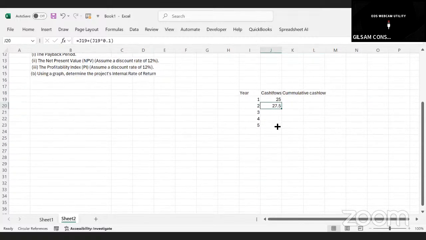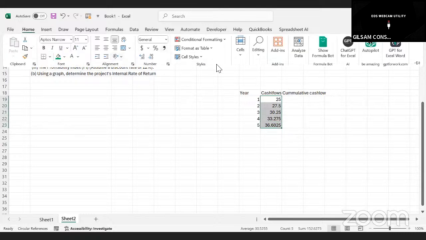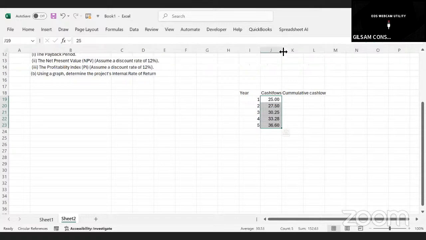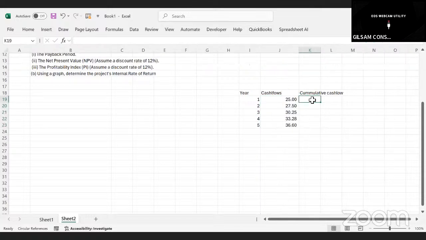So we drag down. So here, we will not get the 100. Now we get the cumulative. So year 1 will be the same. Year 2 will be this plus year 1. And then you can drag it downward. So up to this,